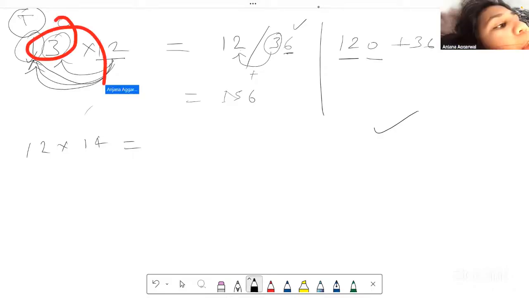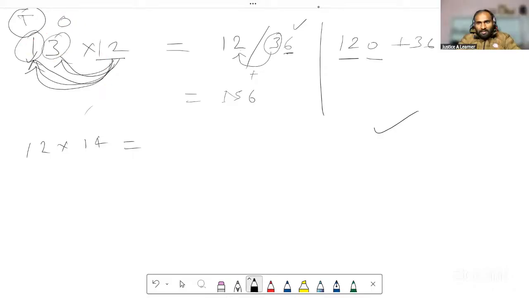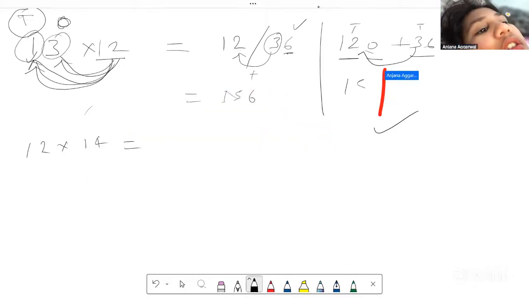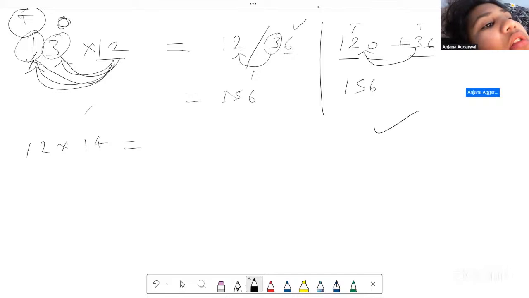And 12 threes are 36 because this stands at the ones place value, so it would not hold any zero, right? So I would simply now add it. This would be added in this 2 because this is standing at tens value. So tens place value would be added at tens place value as a digit. So 156. I get this method a bit less, but